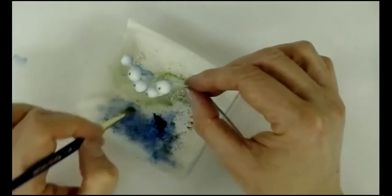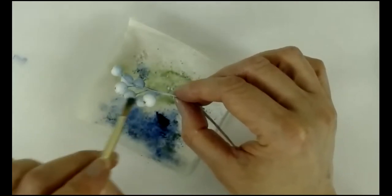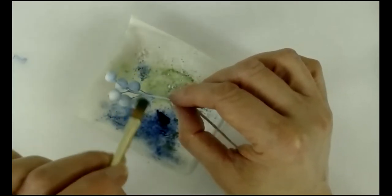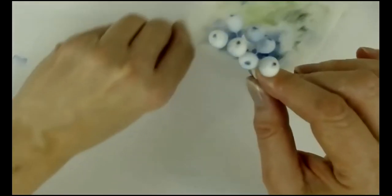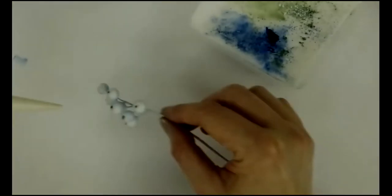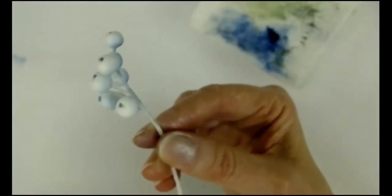And that's the beauty of this. You can keep coming back and adding more if you need. Okay, and I've just got my little puffer here, and all I'm going to do is squeeze it, and that will, I'm just going to take that off screen just so it doesn't go all over, but you just puff around and that will take the colour off,